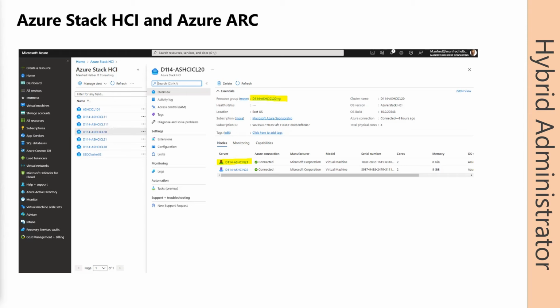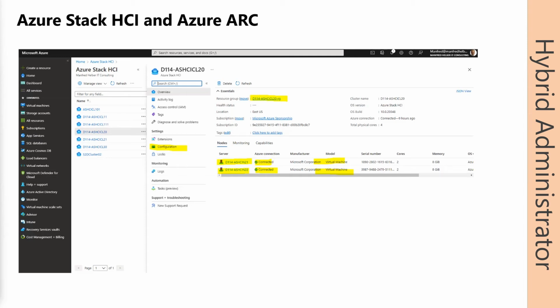I can see the nodes. They are both connected. They are available. Here, these are also virtual machines. And I can configure options. I can send configurations. I can use functionality from the Azure portal to bring this to this